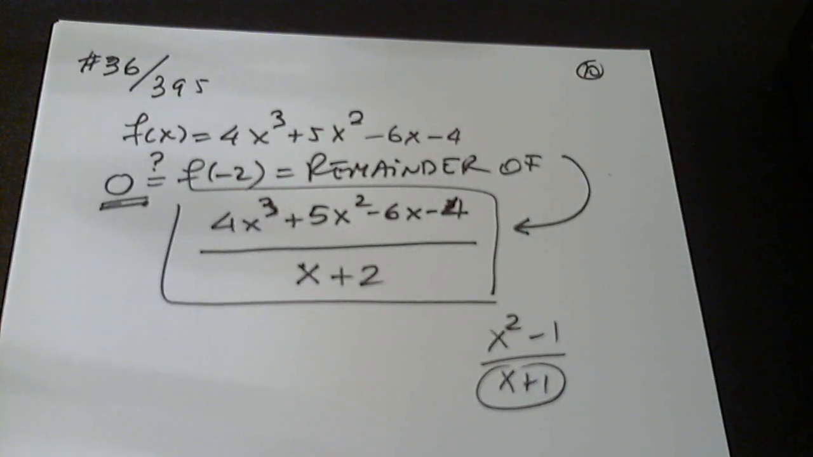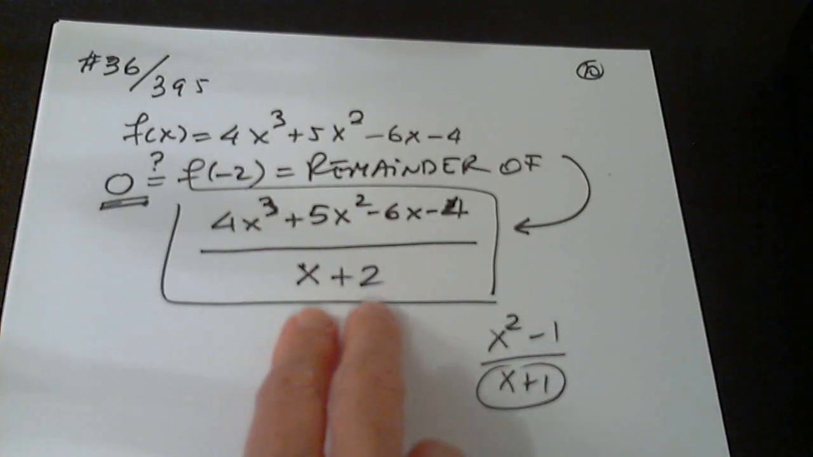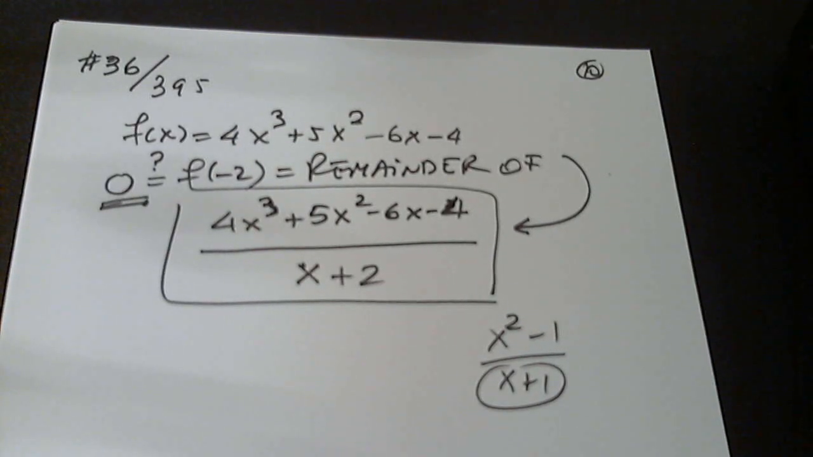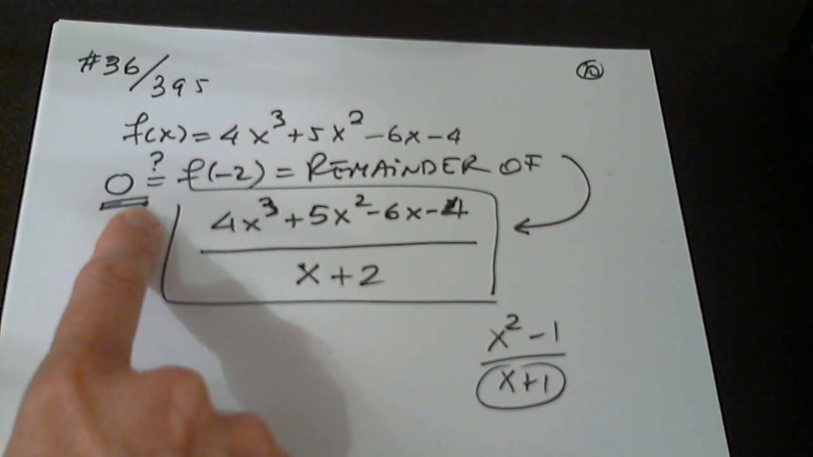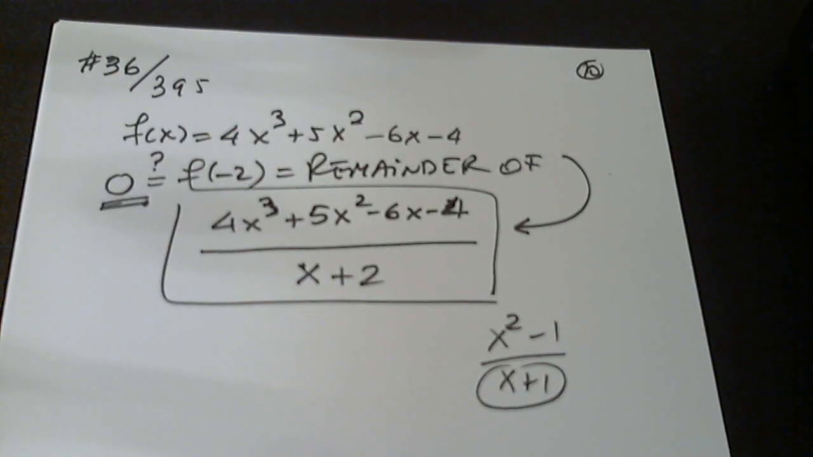So let's put the polynomial in the graphing calculator, plug in negative 2, and then decide, is x plus 2 a factor or not? If the remainder is 0, it's a factor. If the remainder does not equal 0, this is not a factor. So in the graphing calculator,